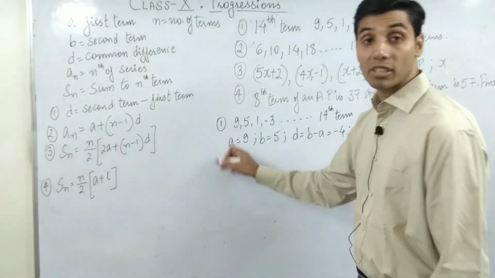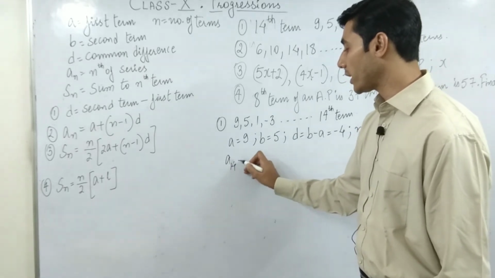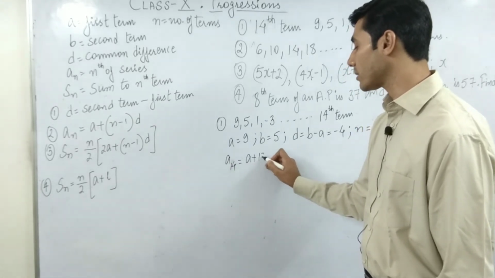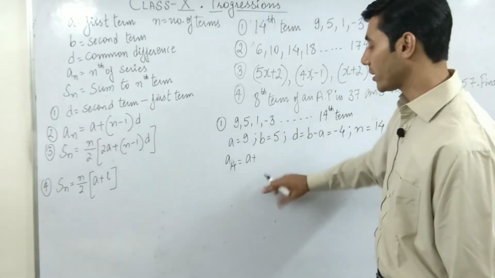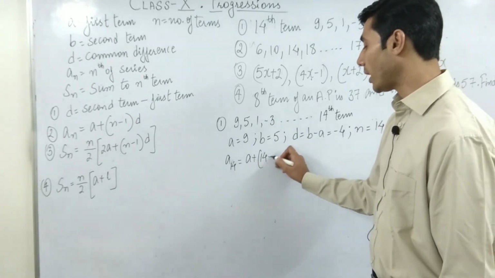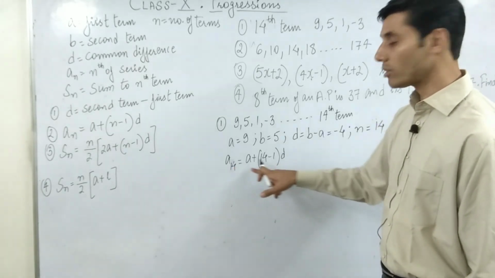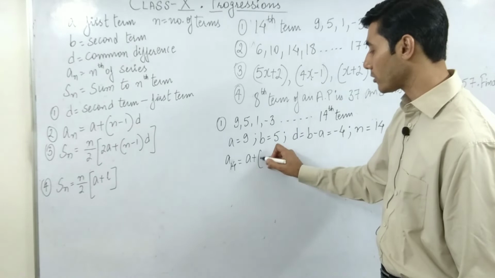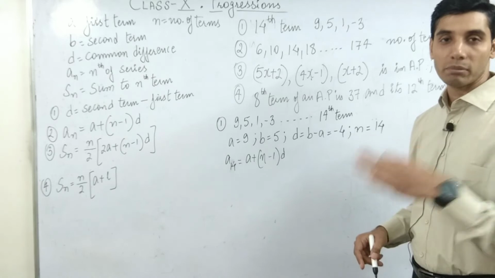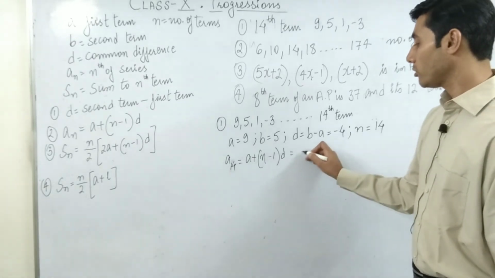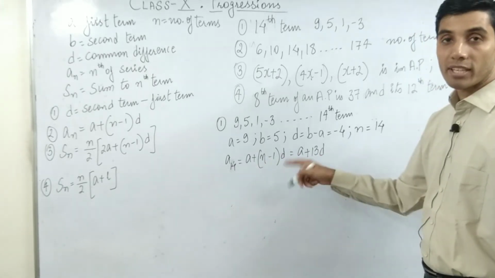So I'll use the formula of the general term of the series, which is an. A14 should be equal to a plus 13d. How did this come? Let me show it properly. A plus 14 minus 1 d. Now you can get the shortcut also. Guys, a14 should be equal to, look, this was the formula you had: a plus n minus 1 d. So common sense: when somebody is saying 14, reduce one term, it will be a plus 13d. So this becomes a plus 13d. a plus 14 minus 1 is 13d.